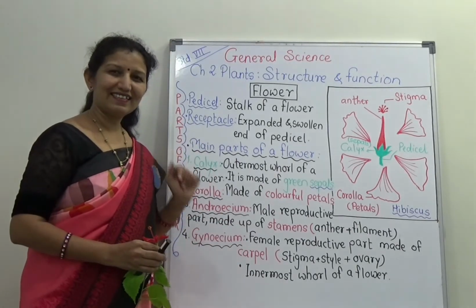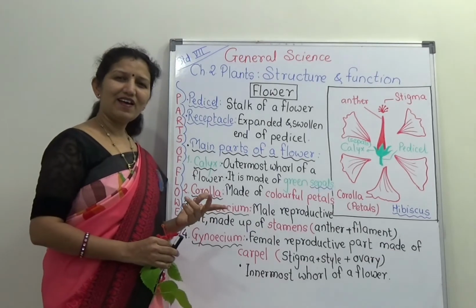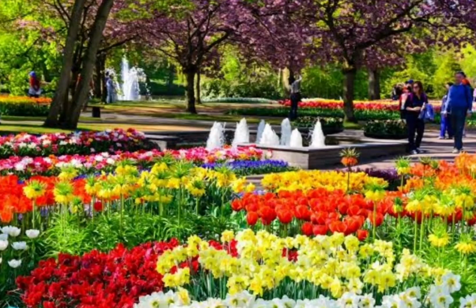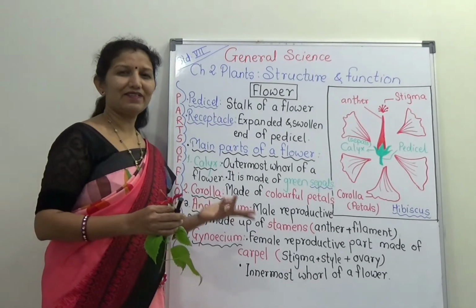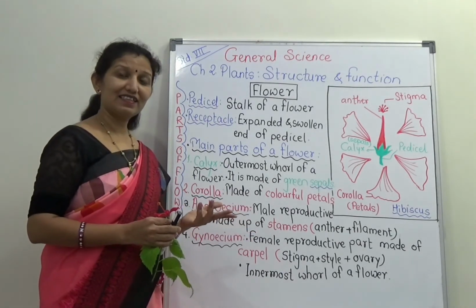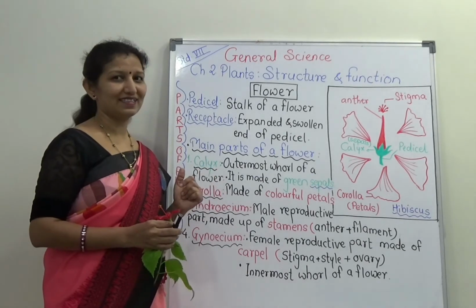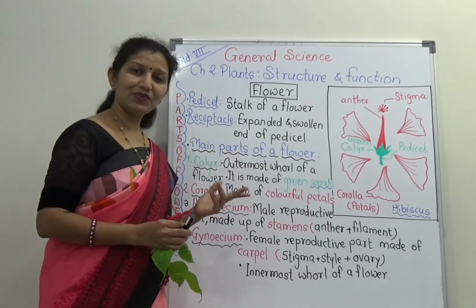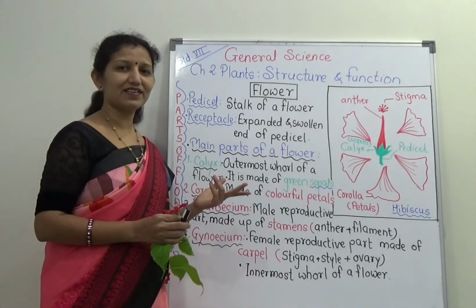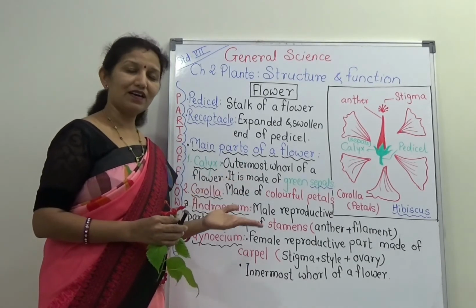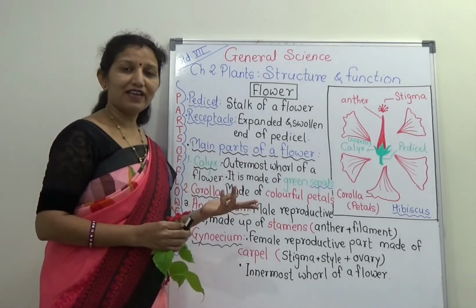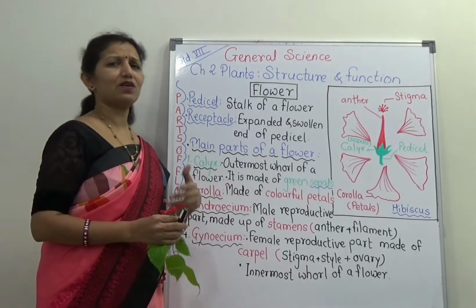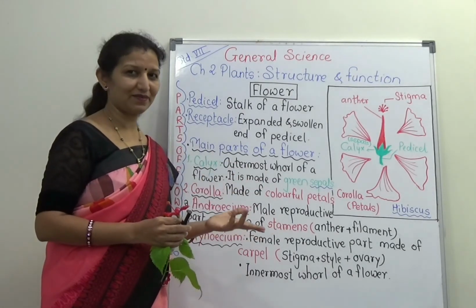Hello dear children. Nowadays we are doing a wonderful trip to the garden. And everyone likes the garden because it is the place of recreation. You get so many pleasant things there. In that we have studied the parts of a plant. First of all, we have studied root, its types, its structure, function, stem, then leaf, and also we have studied different types of phyllotaxis, venation, shapes, margins, all these things of leaves also.